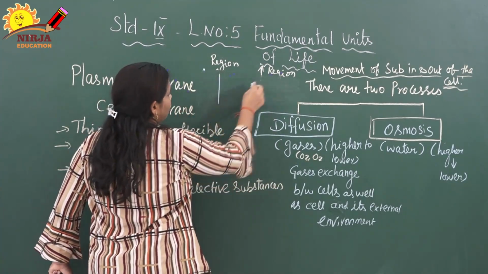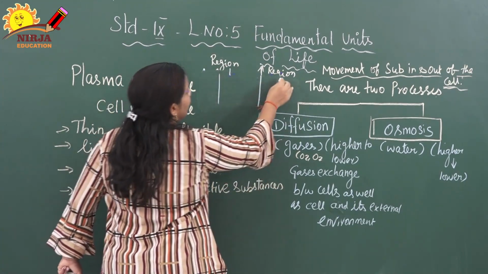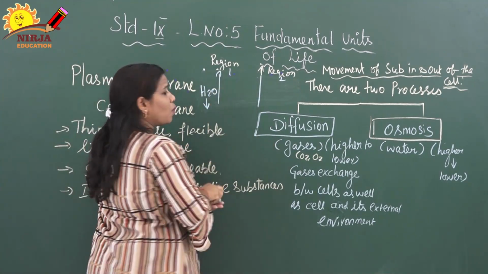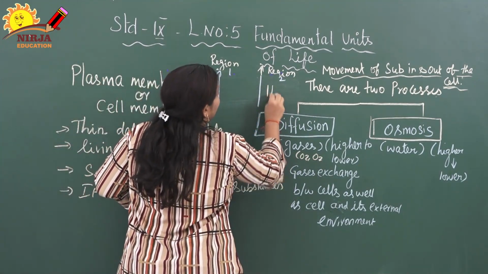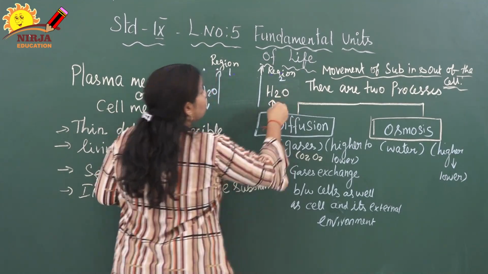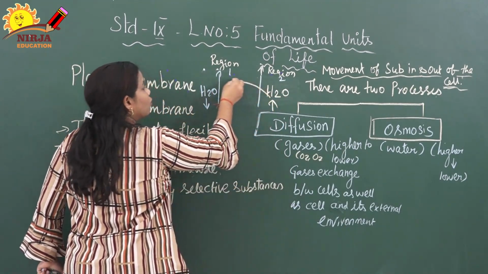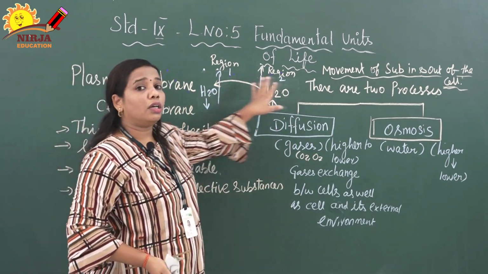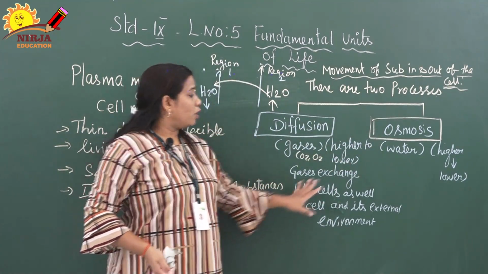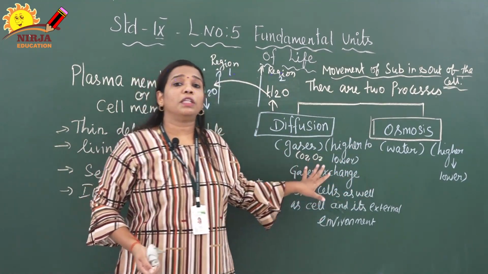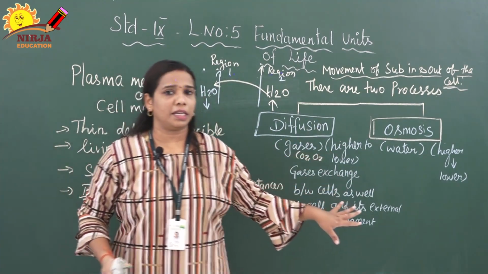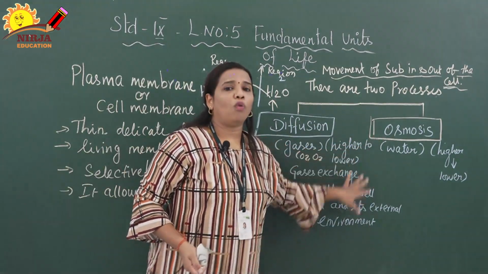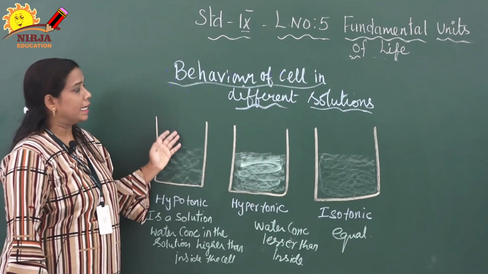How, you ask? Same as before, children. Suppose you just imagine this is region 1 and region 2. Here the water content is very less. Region 1 water content is very less, but in region 2 the water content is more, so of course higher to lower. So from region 2 to region 1 the water molecules are passed. This process is called osmosis. Right children, one concept is the same, both transfer material from higher concentration to lower concentration, but diffusion transfers gases, osmosis transfers water.